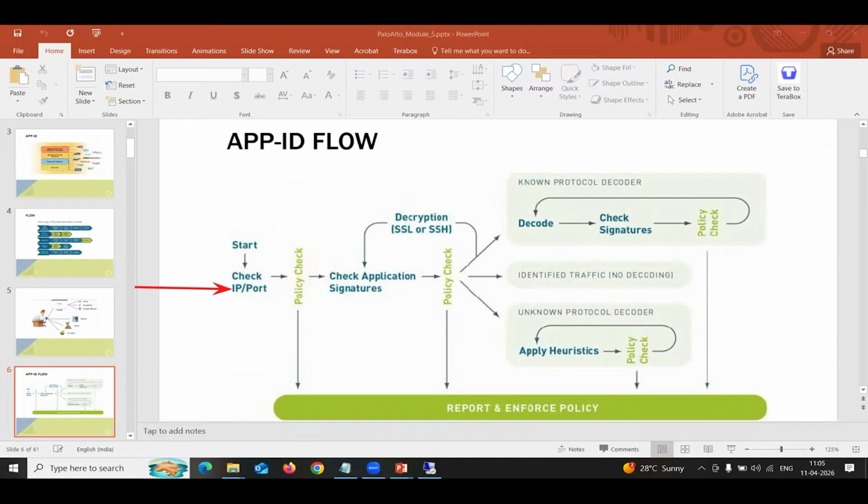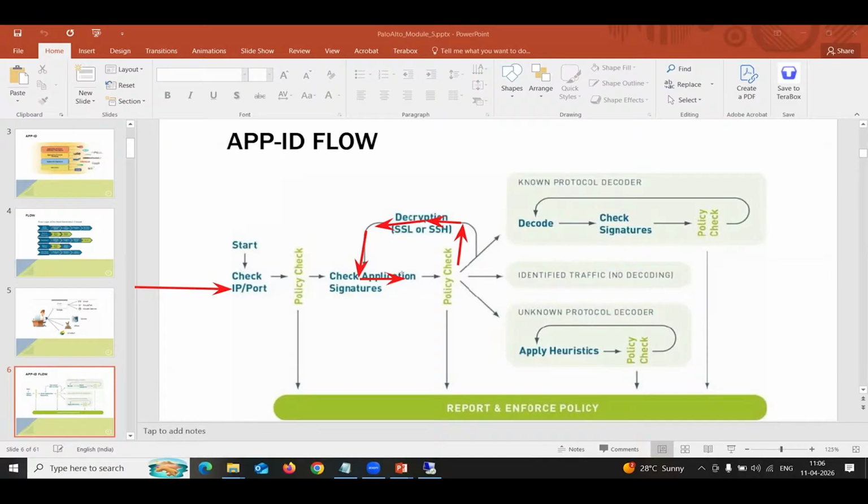It can do all these stuff. If not, if it is encrypted, then the packet will go for decryption, and then it will match with your application signature. Because application signature को डेटा चाहिए, रॉ डेटा चाहिए, विजिबिलिटी चाहिए. मैं किसी भी पैकेट को ऐप आईडी से मैच करवा दूं और ऐप आईडी उसको डिटेक्ट कर ले, ऐसा नहीं